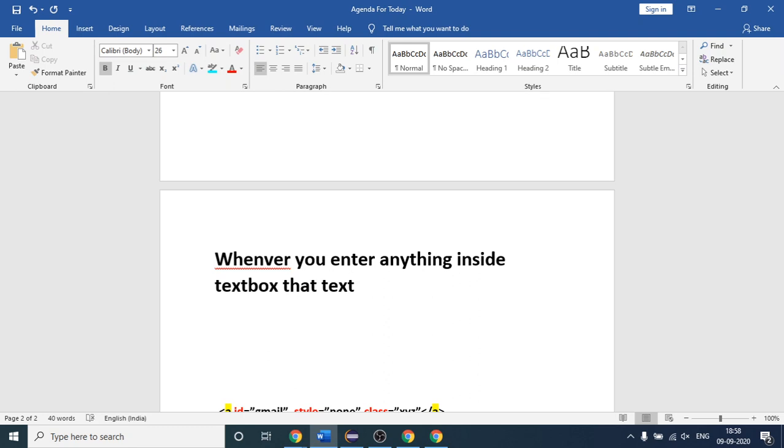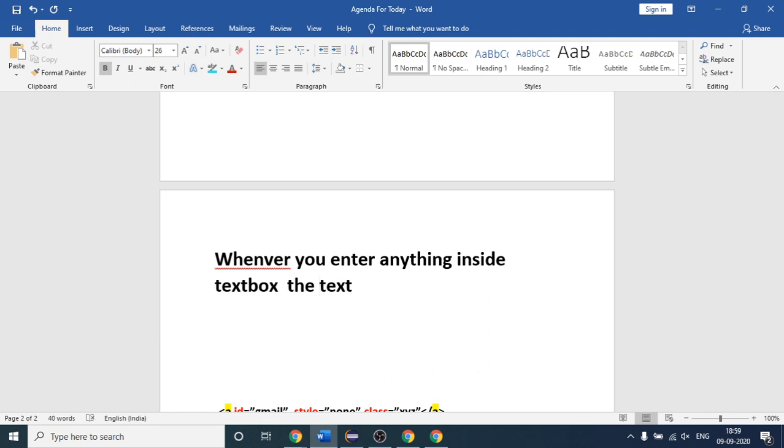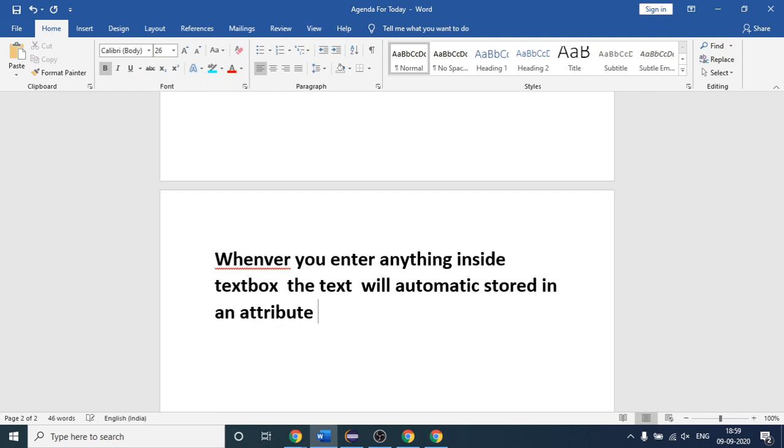Whenever you enter anything inside the text box, the text will automatically be stored in an attribute value. Let me highlight this one.